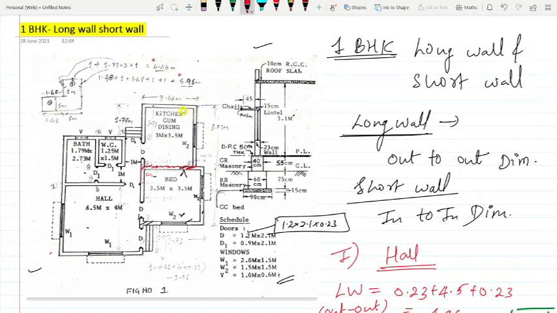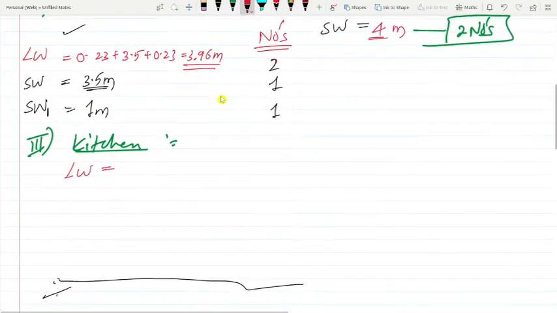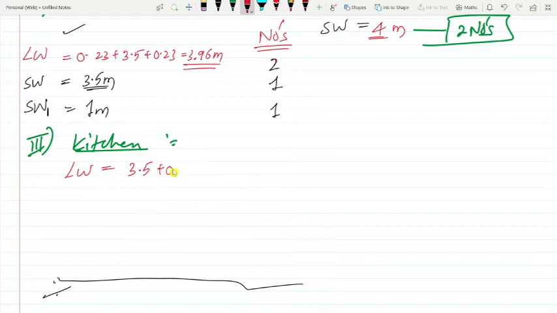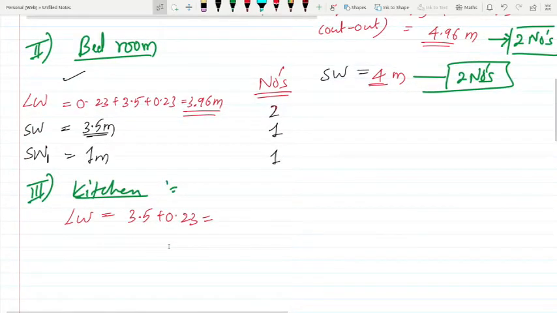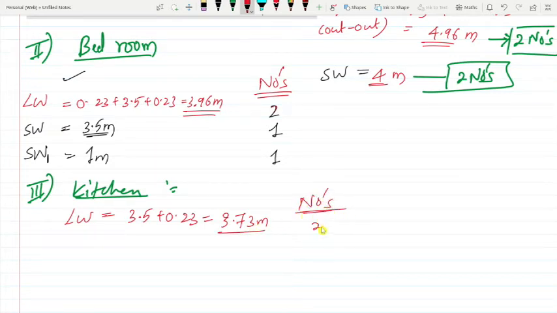This 3.5 meter dimension is more this time, so it will still be the long wall: 3.5 plus outside 0.23. Actually one more 0.23 we would take, but that is already taken in the bedroom calculation. So this is 3.73 meters, and there are two such numbers.